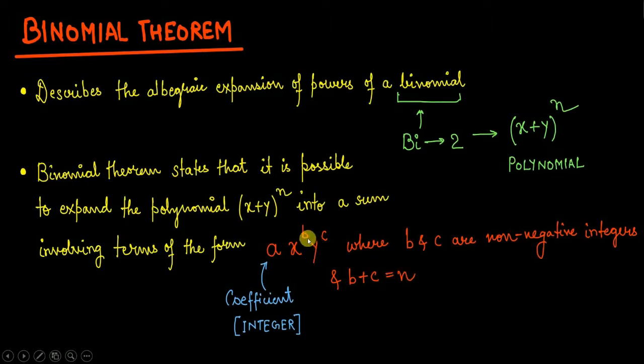What is b plus c? B plus c, if you add them, will give you n. So make sure that whatever the power of x is, whatever the power of y is, the summation of these 2 powers should give you the power of this polynomial. Alright,